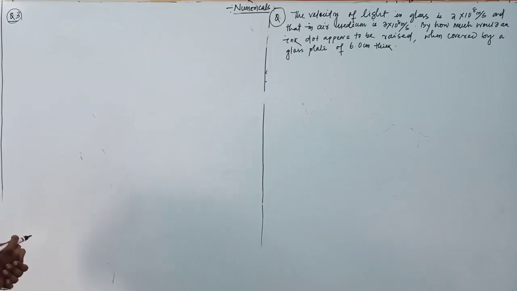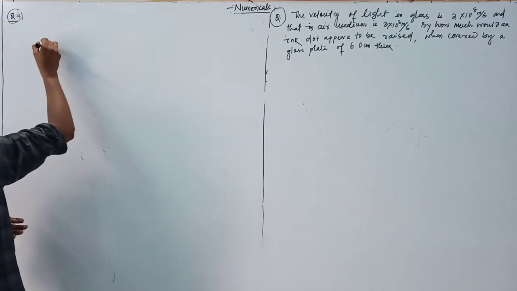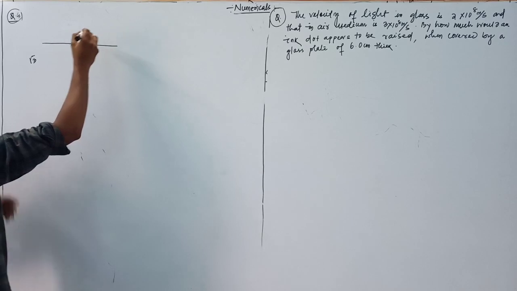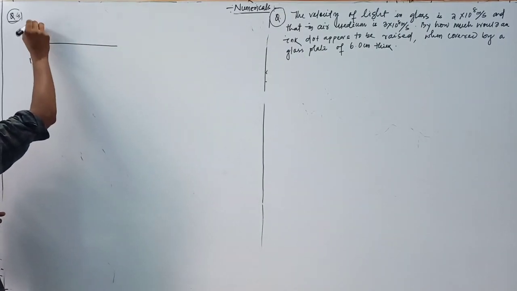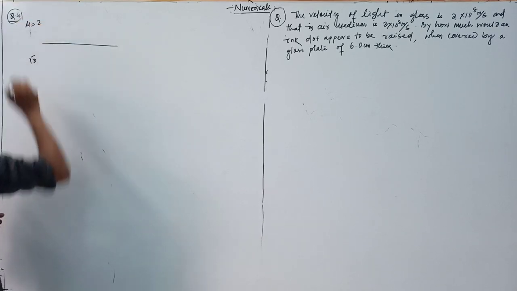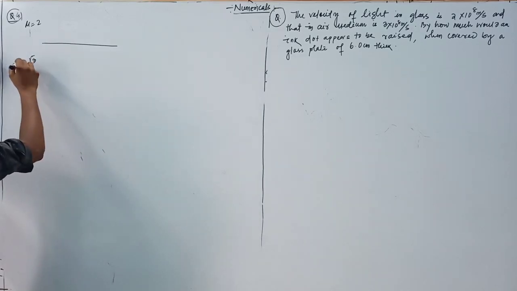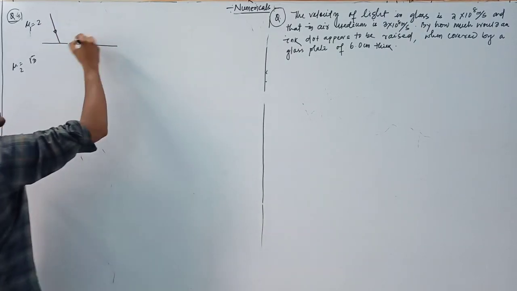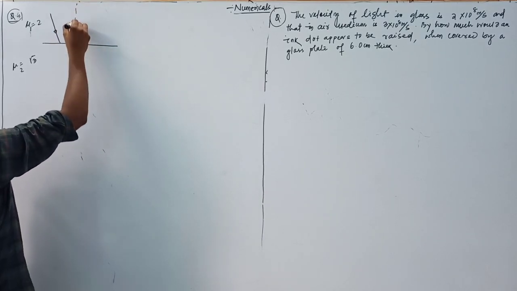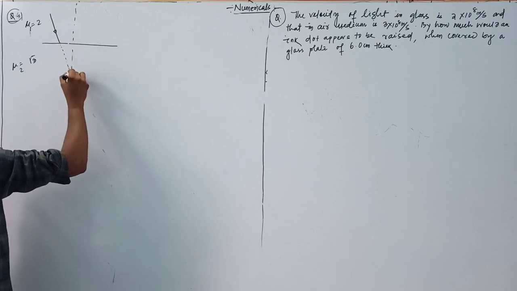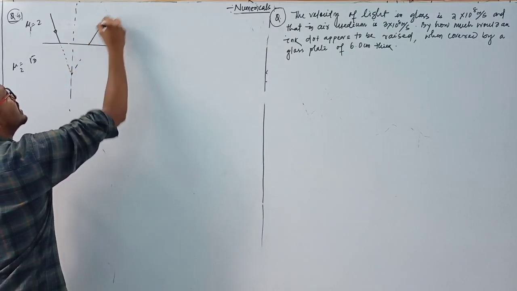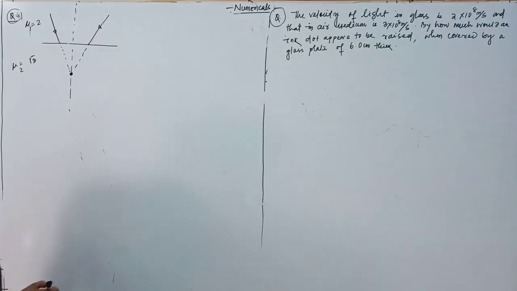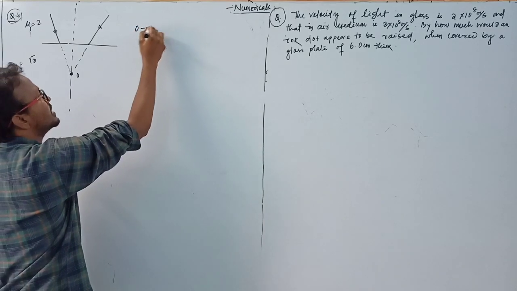Now you can solve one more conceptual question. Suppose there is a surface separating two media, and suppose the refractive index of one is √3, and the other medium has refractive index mu equal to 2, and here mu equal to 3. This is 1 and this is 2, and here two rays are coming in this direction. If we draw a straight line here, these two rays appear to meet at this point. Suppose another ray in this direction, clear, appears to meet, and this is known as the object. And which type of object is this? This is a virtual object. Here O is a virtual object,